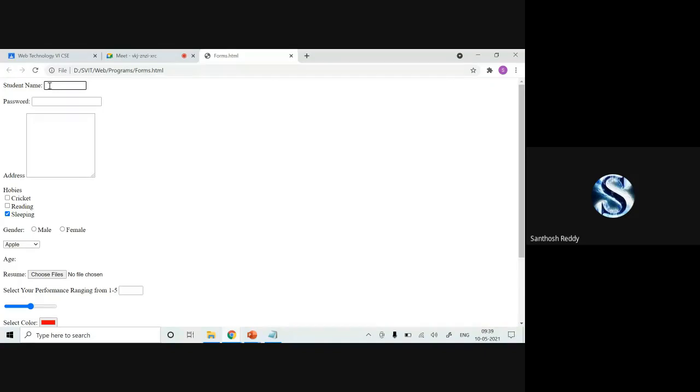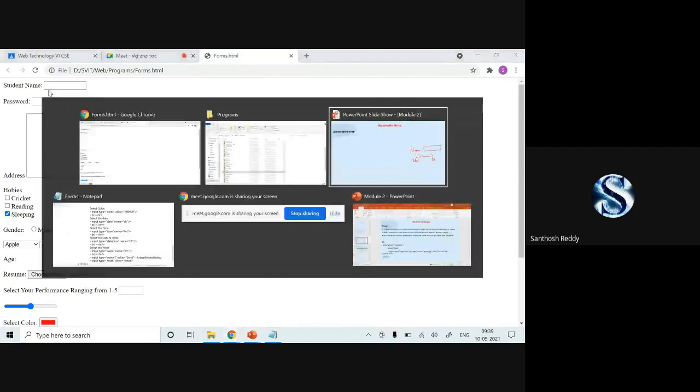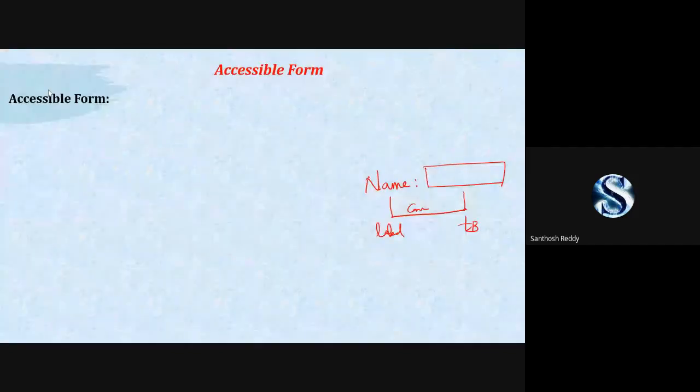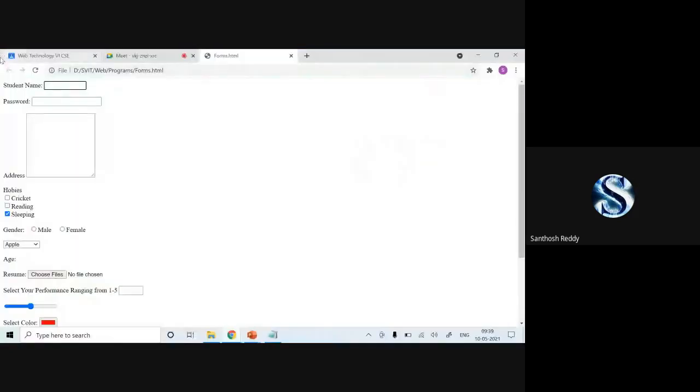When I click on the text box, then only the focus and the blinking insert cursor appear. But when we are using an accessible form, when you click on the student name also, this text box will get focus and appear. Okay, I'll show the difference here once again.